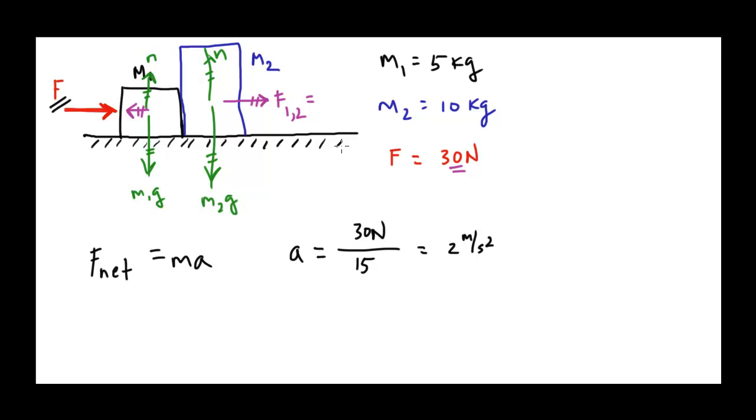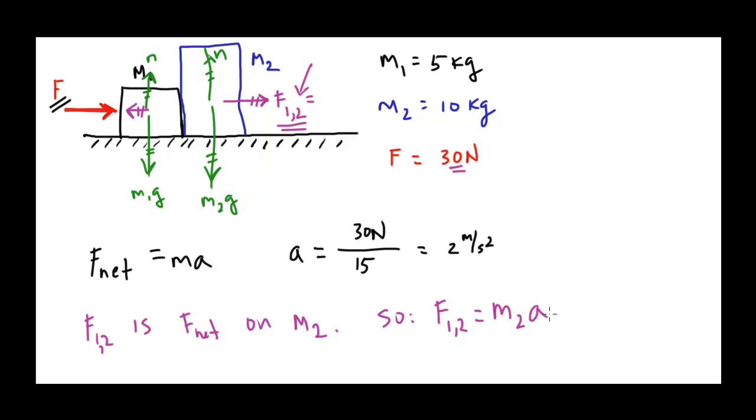Well, I can change my system, and I can say that this force is the net force on M2. So F net on M2 is F12. This F right here is the net force on the system M2. So now I can say this F12 is MA,